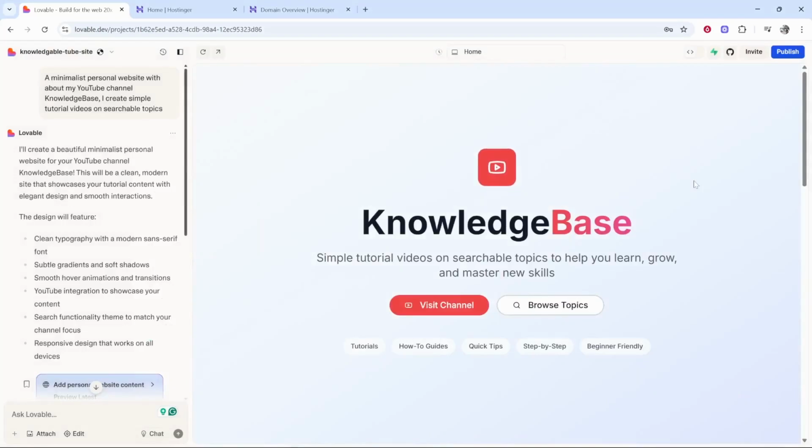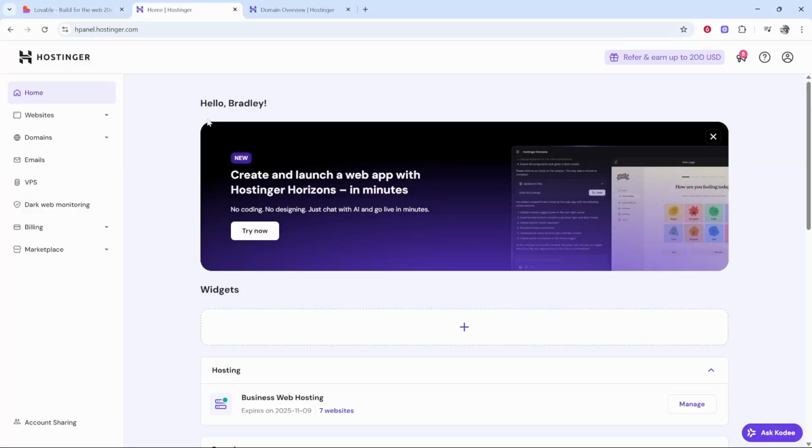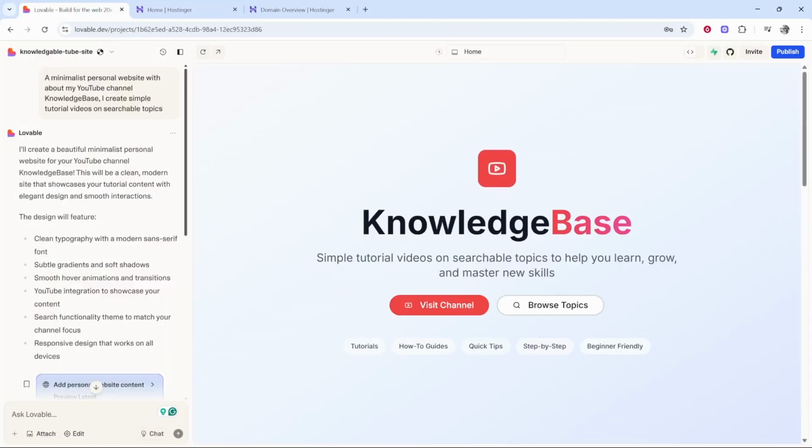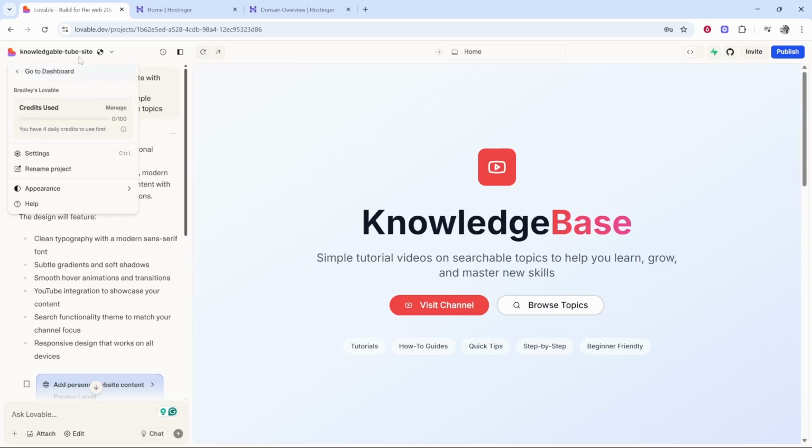In this video, I'm going to show you how you can connect your Hostinger domain to your Lovable AI project. So I've created an example demo website using Lovable AI, and I'm going to connect a custom Hostinger domain to it. So once you're inside of your project, go to the drop-down menu in the top left-hand corner,